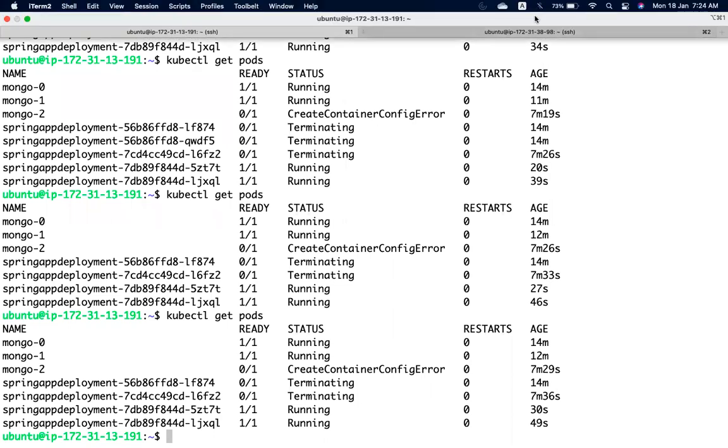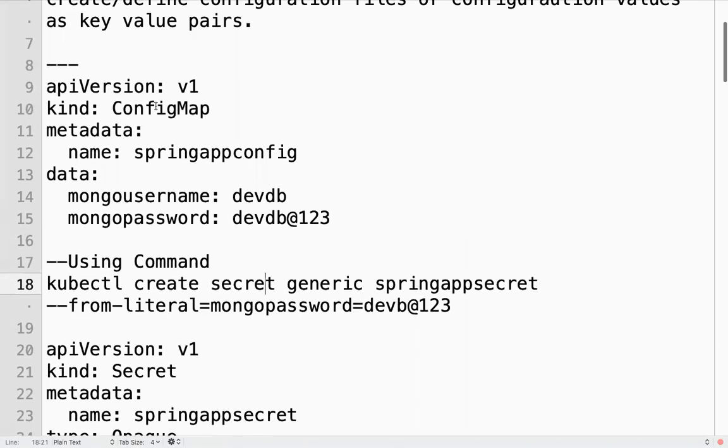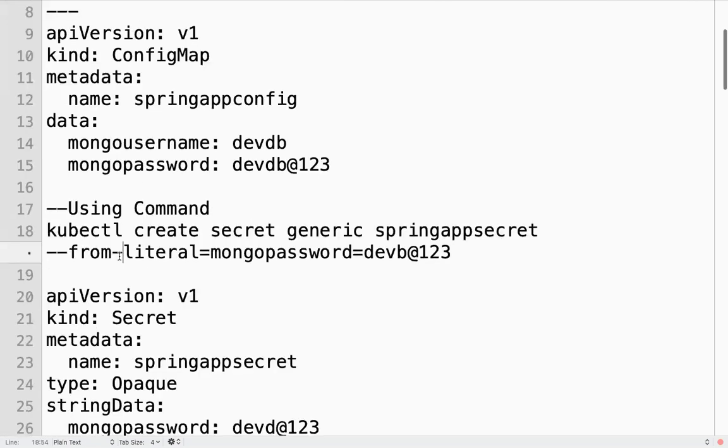Config map is for whatever you feel is not confidential. Config map and secret are also Kubernetes objects. Using config map, we can create a configuration as data, as a file, or as a key value pair. We can create secrets also, which you can refer to in your pod manifest.